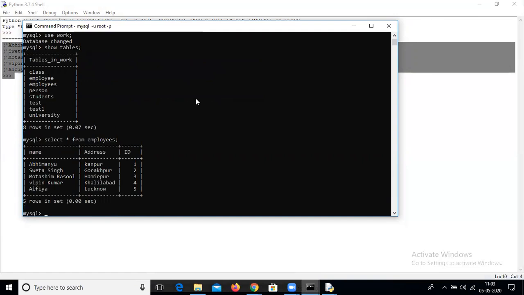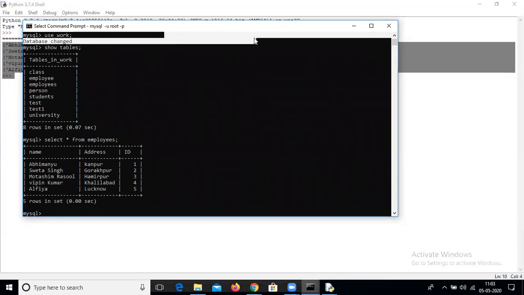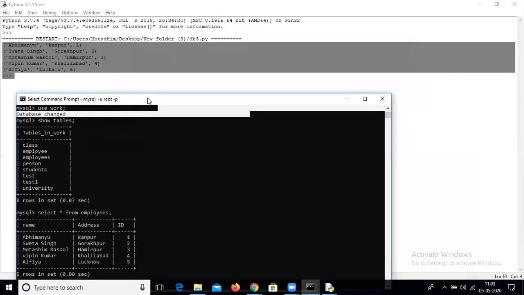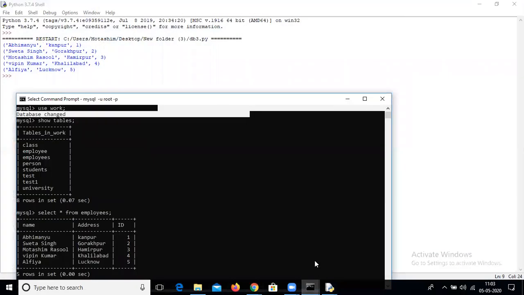Let's cross check it. Abhimanyu is from Kanpur, ID is 1. Everything is visible. This is how to select data from a database.